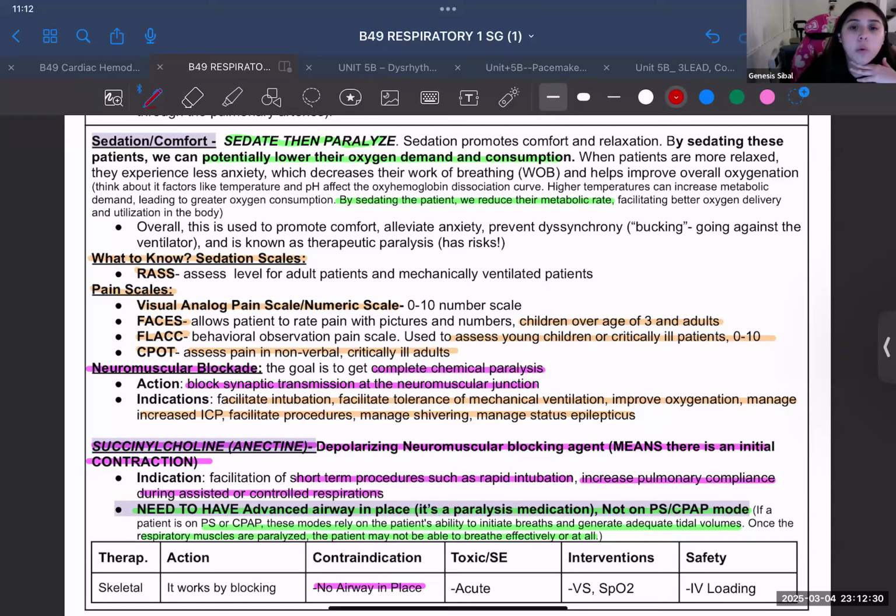So, basically, another reason why we sedate and why we paralyze the patients: whenever a patient is overworking their body so much, with increased work of breathing, their heart going crazy, every single thing like that. We talked about this a little bit with the left and right shift of the oxyhemoglobin curve, right? Whenever you have that oxygen demand, you want to make sure that you're lowering that for the patient, because eventually the patient will give out. Your body will physically give out. So the thing that you can do is obviously sedate and paralyze them, so that they're not overworking.